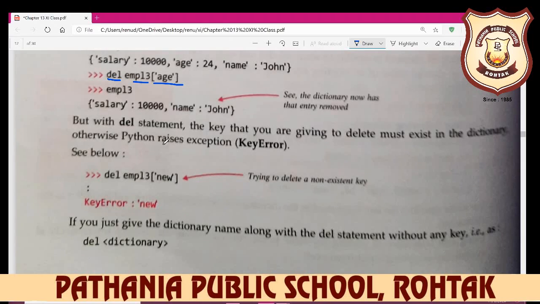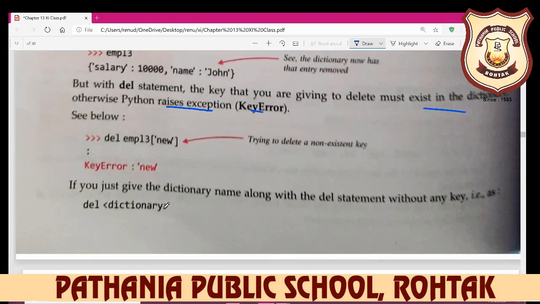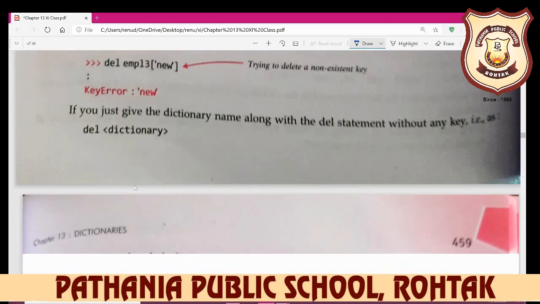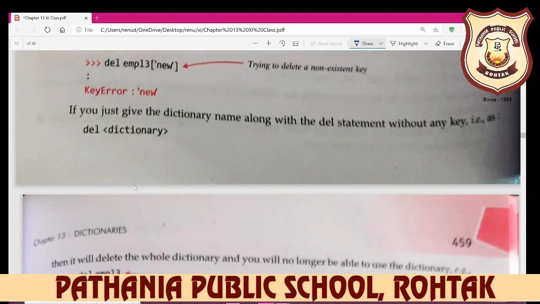But with the del statement, the key that you are giving to delete must exist in the dictionary, otherwise Python raises a KeyError exception. The presence of the key is very important if you want to remove it. And if you just give the del statement with the dictionary name, without any key, del dictionary,